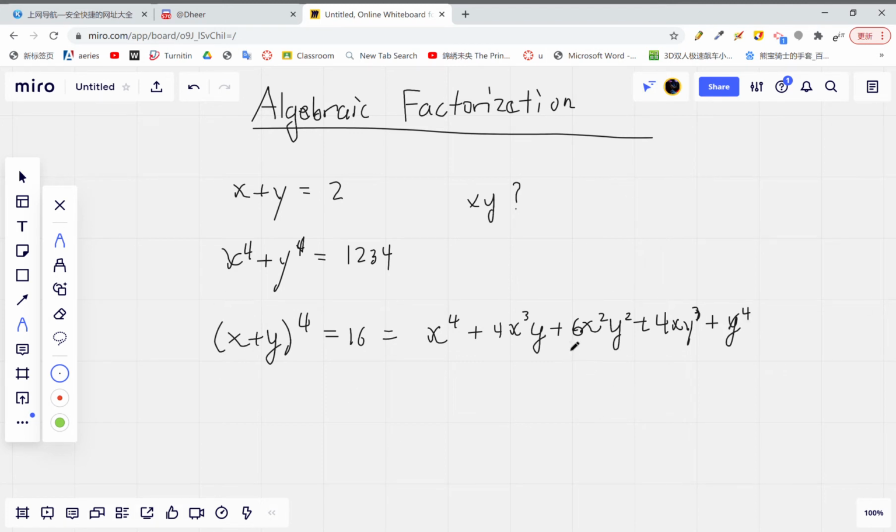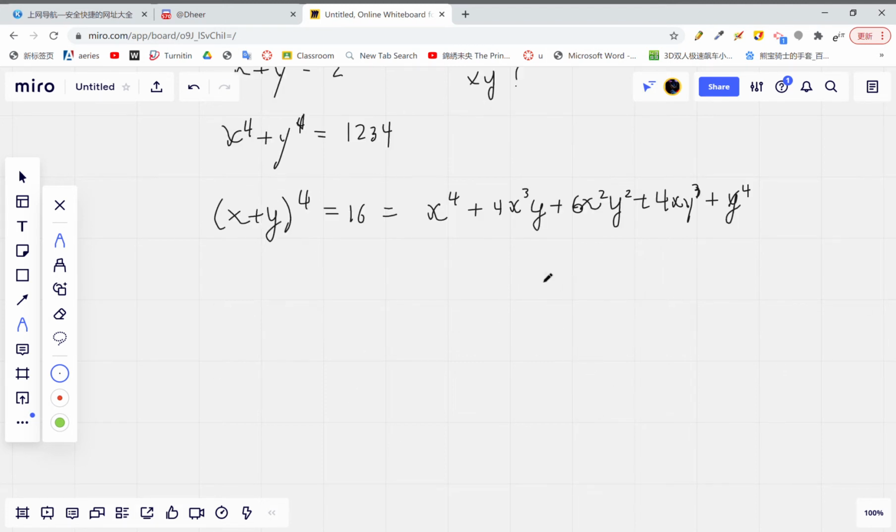So this is a complete expansion. And we know that 16 is just equal to